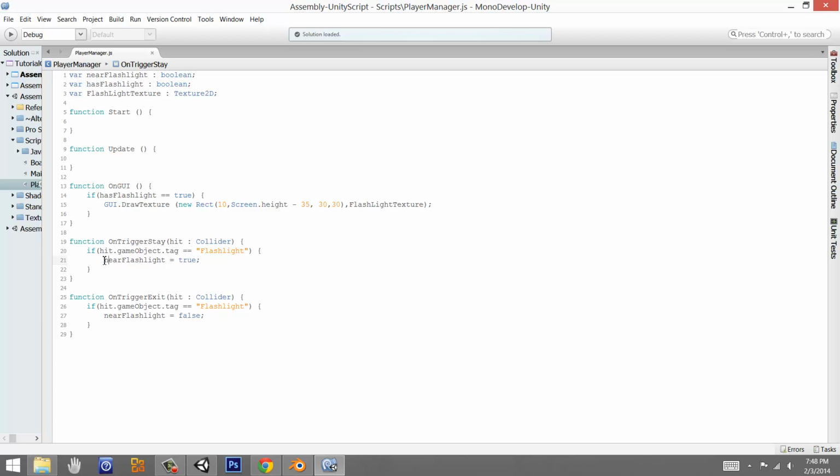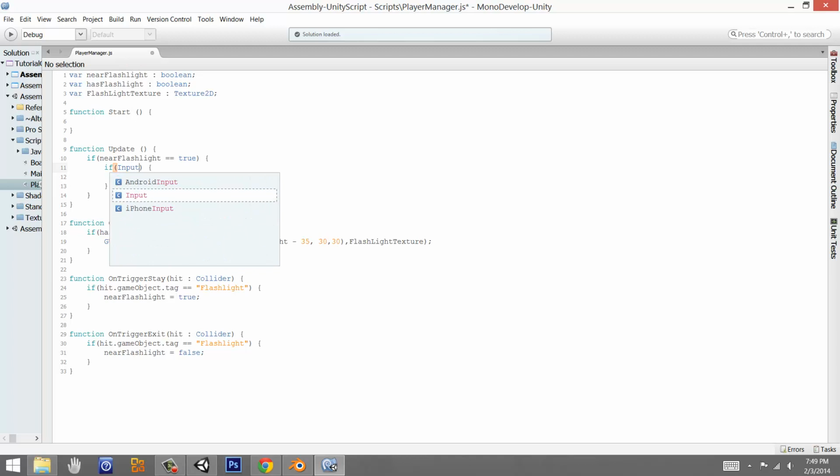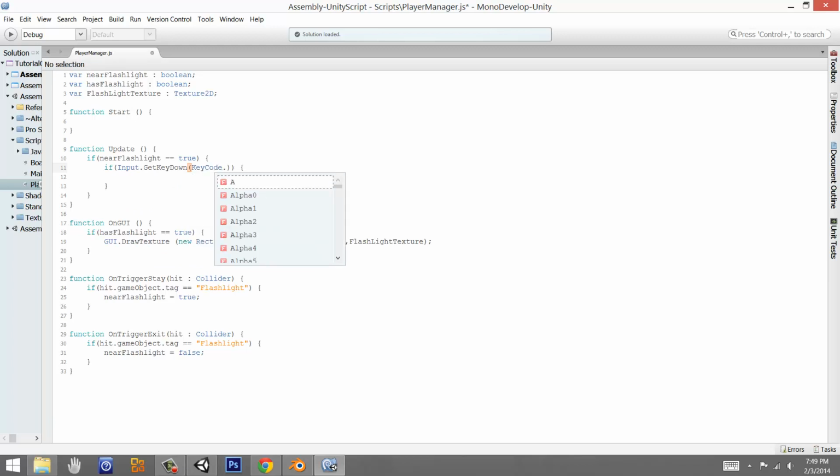But whenever you're near it, whenever this is active, then all you're going to do is, let's see, we should probably put this in the Update. If near flashlight, the thing can pop up, near flashlight is equal to true, then inside that, another if statement, if Input dot GetKeyDown, KeyCode dot, and then what key code should we use, and it gives you all these that you can use for suggestions. There's a lot of joysticks. Okay, yep. We should do F. Yep. So whenever you press F, then that's picking it up, and all you do is set this to true,